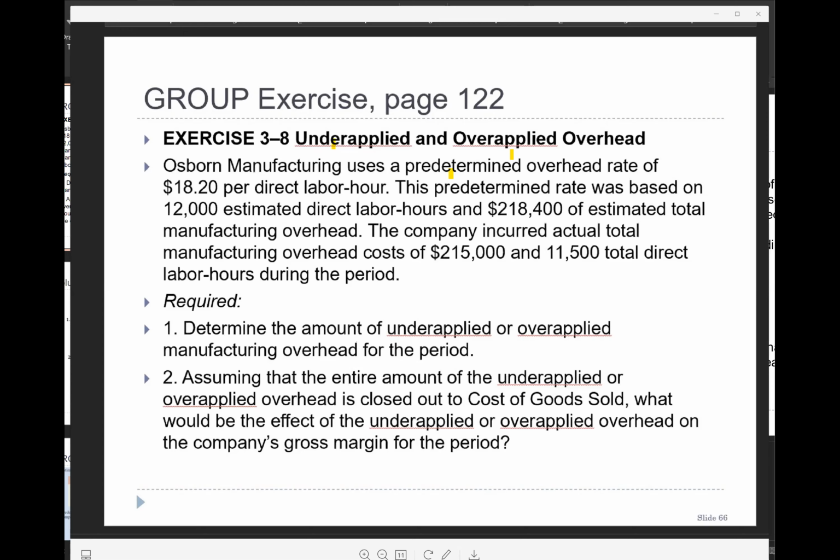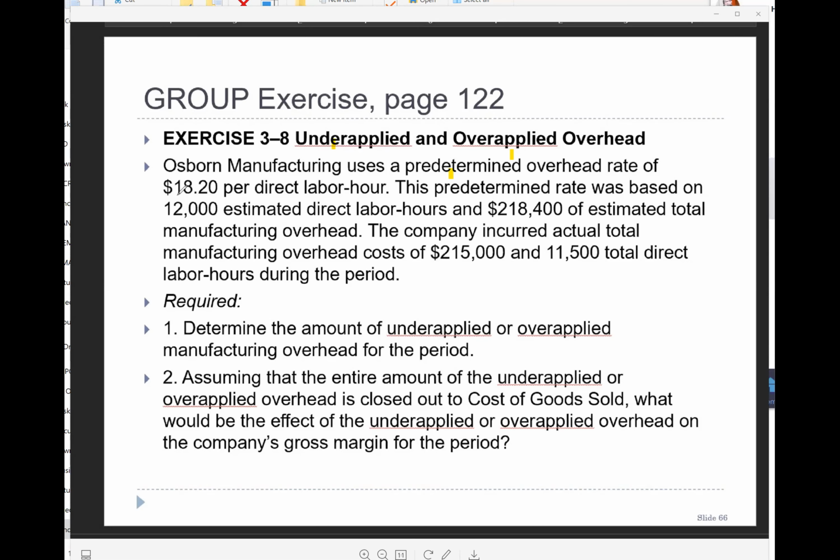Let me just give you the idea here. So they have a predetermined overhead rate, right? So here,